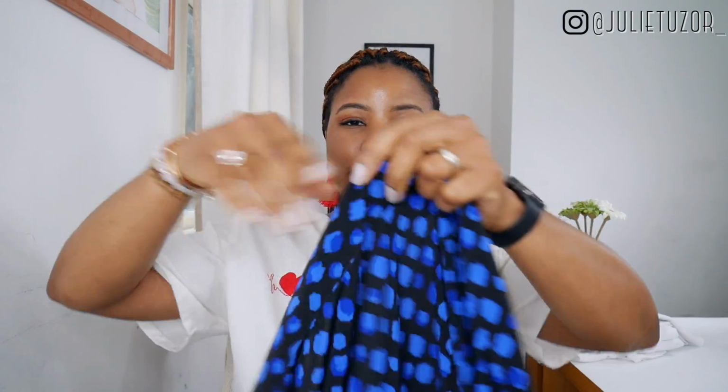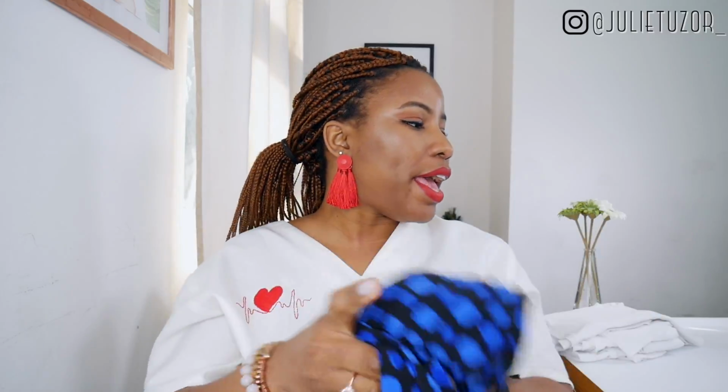If I like something, I like to have more than one of them. So I made this wrap skirt as well. So I made two wrap skirts. Moving on,